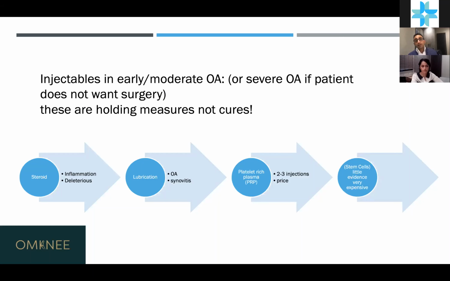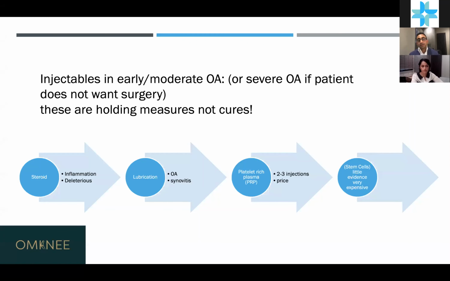Then the next is platelet-rich plasma with or without lubrication gel. I've done quite a lot of research in this because I was pretty skeptical about it in the osteoarthritic patient. I think there is a role, a limited role, but it's a holding measure. And if patients are keen on paying for a treatment, this is the one to have,